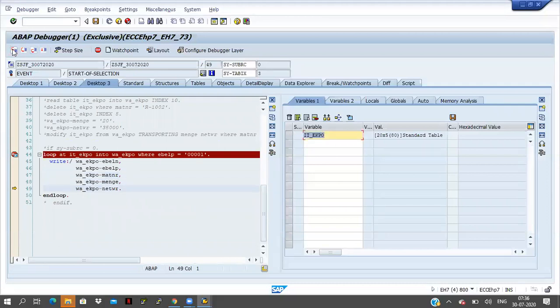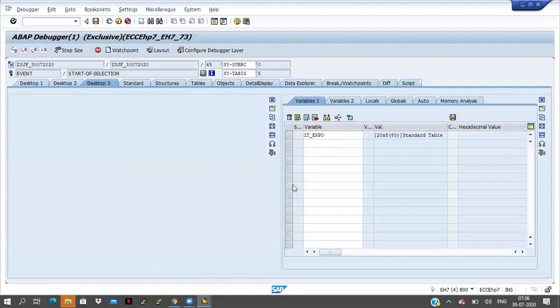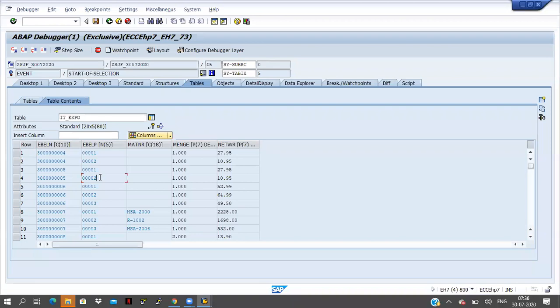Okay, click on F5. See, what is the record? The fifth record came now. Directly the fifth record is coming. Records 3 to 5 came, but the fourth record is not coming here. What is the fourth record? The fourth record is equal to 2. That is why it is not coming. Okay, the fifth record is coming.